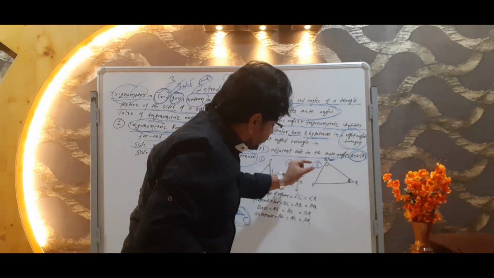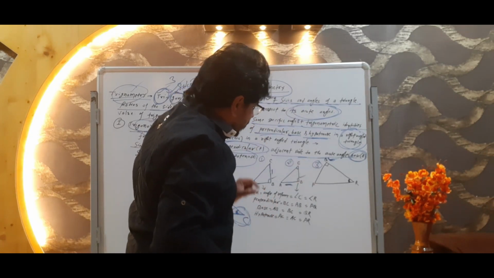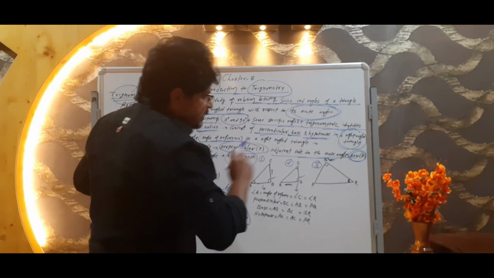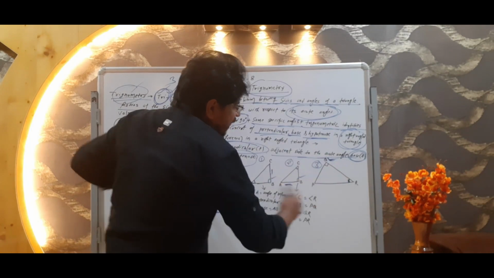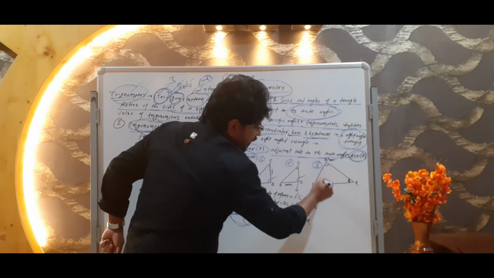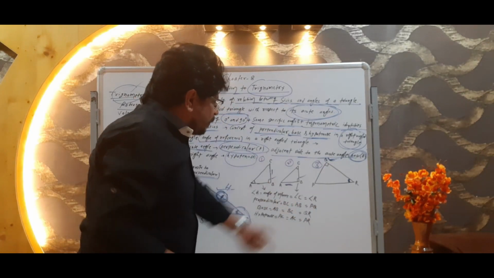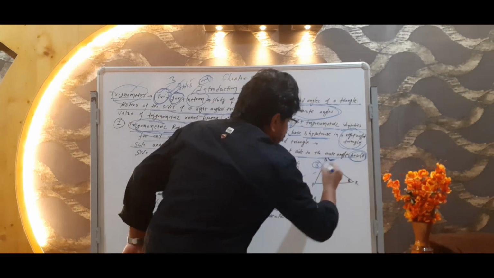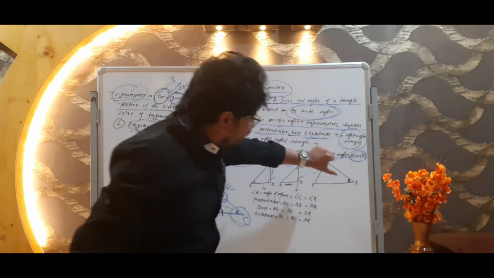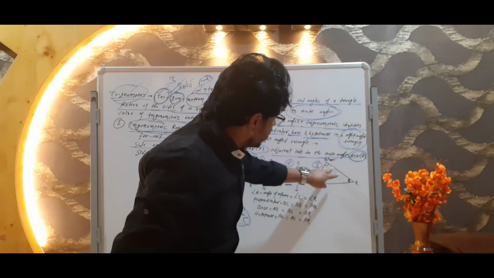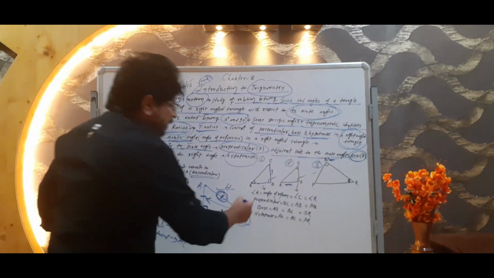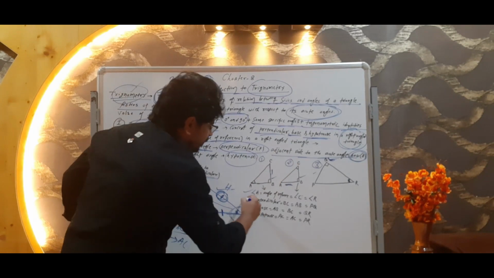Now see figure number 3. In figure number 3, perpendicular, what I just told you, again I am repeating, side opposite to acute angle. What is the acute angle here? R. So the side opposite to acute angle is PQ. So what would be the perpendicular here? PQ. Clear guys? Here perpendicular BC, here perpendicular AB, and here perpendicular PQ. Understood these things? Okay. Now angle of reference or acute angle is also clear, as well as perpendicular.